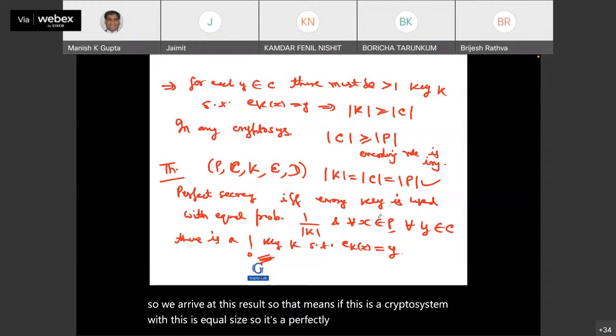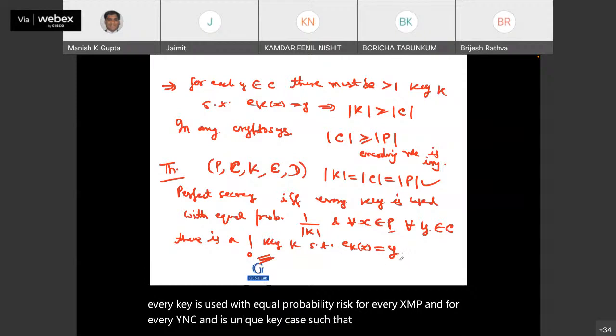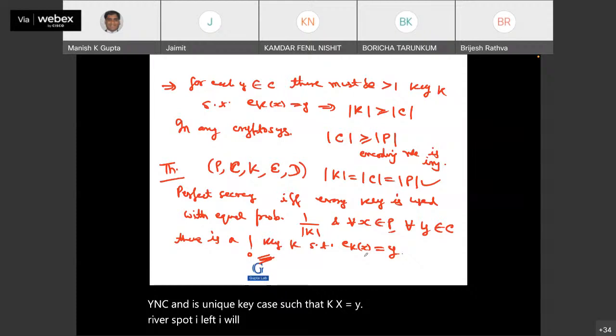I have shown that every key is used with equal probability, and that for every x in P and for every y in C, there is a unique key k such that e_k(x) equals y. The reverse part I will leave, you can try it, that's okay. So that's all about